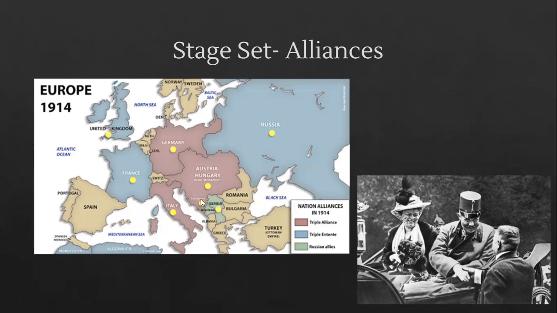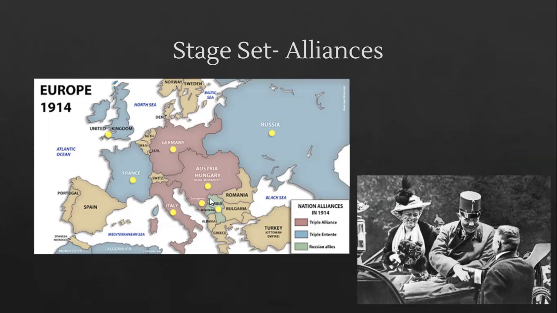Lots of Bosnians wanted to be part of Serbia, who didn't want to be part of this empire anymore. And so there's a lot of unrest right here, right? He was down there visiting, and a Bosnian national shot him, okay? And this infuriated Austria-Hungary, right? And they declared war on Serbia.